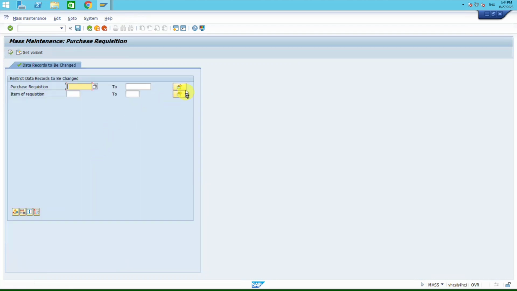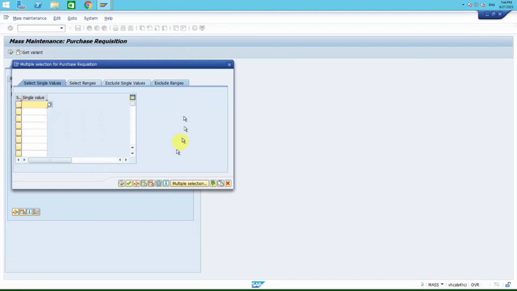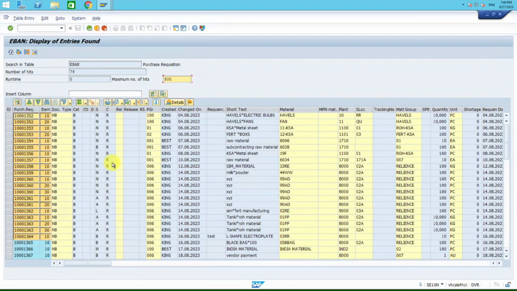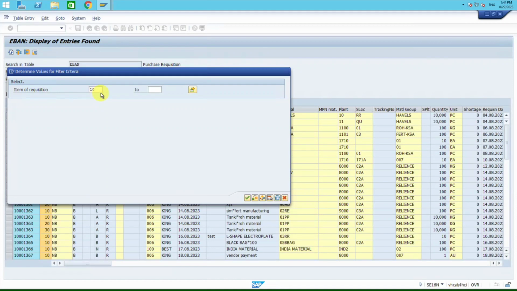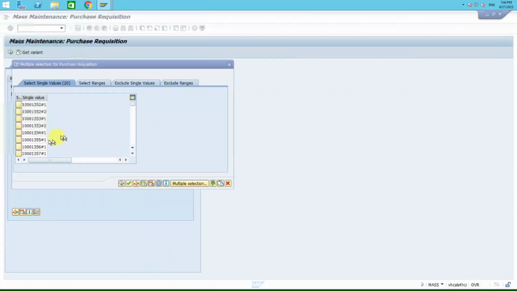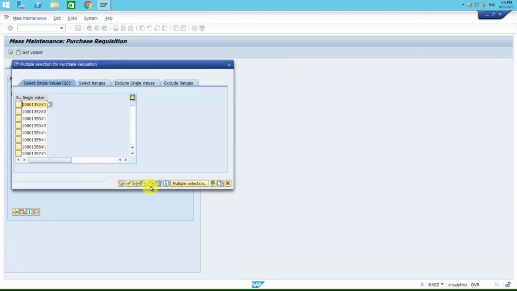Let's say I want to delete the purchase requisitions that I selected recently. These are the PR numbers. Okay, I cannot select a line item here. So better, I will filter without line item. Okay, let's say I want to delete this purchase requisition. So go here, I will delete all these,